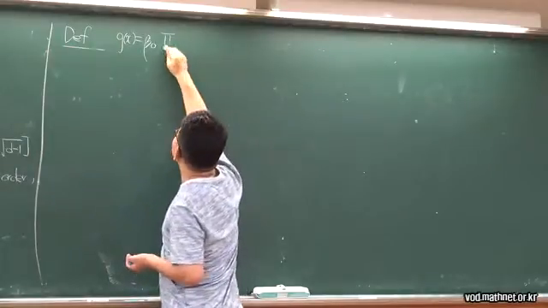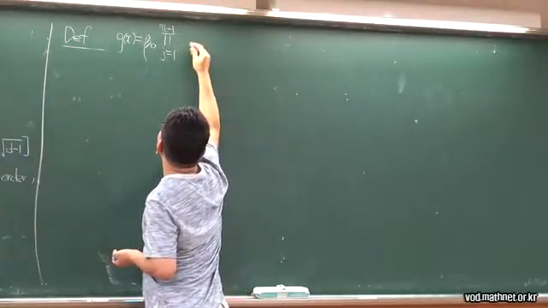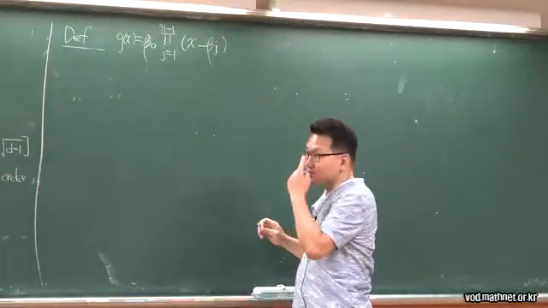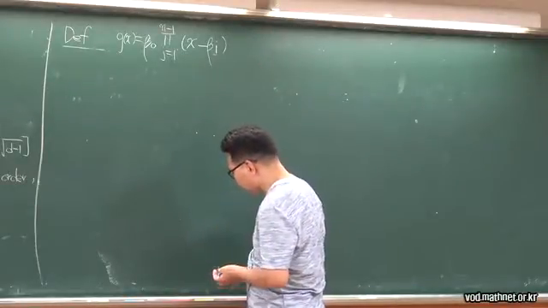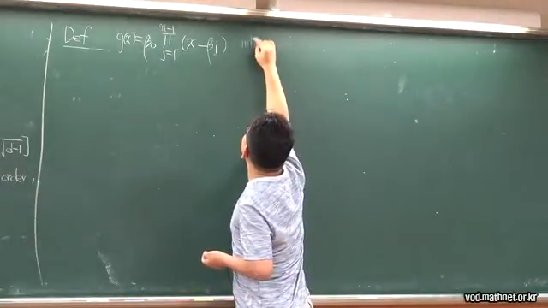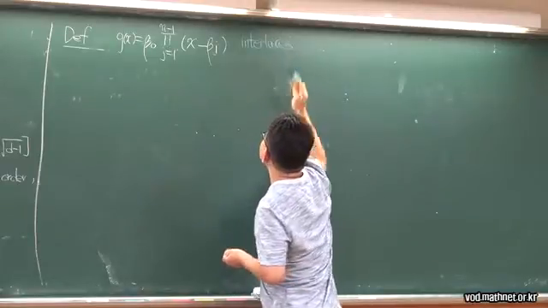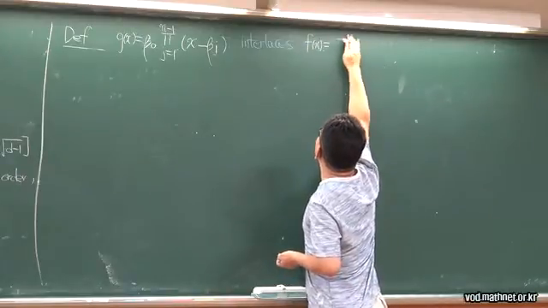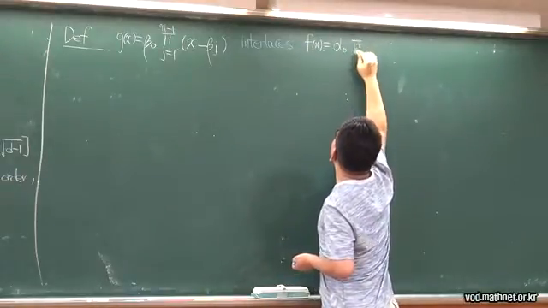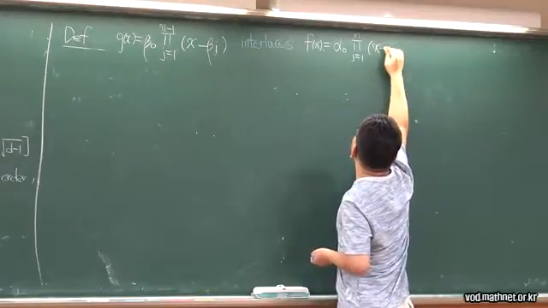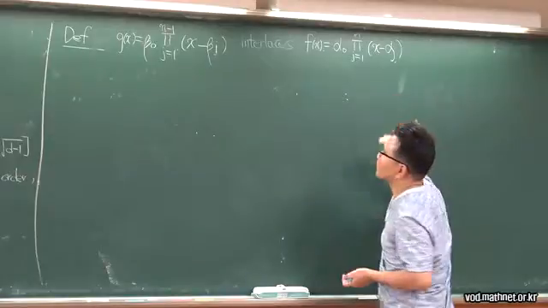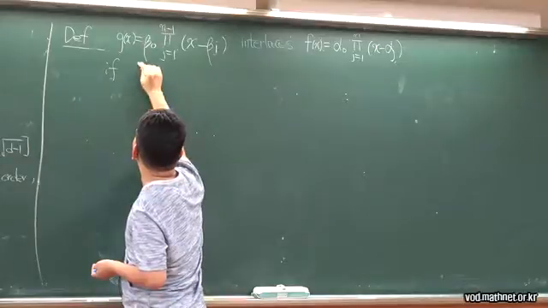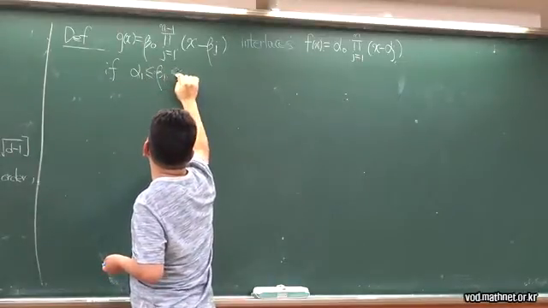A degree n-1 real-rooted polynomial interlaces a degree n real-rooted polynomial. This means that if we have this inequality here, alpha sub 1, alpha sub 1, alpha sub